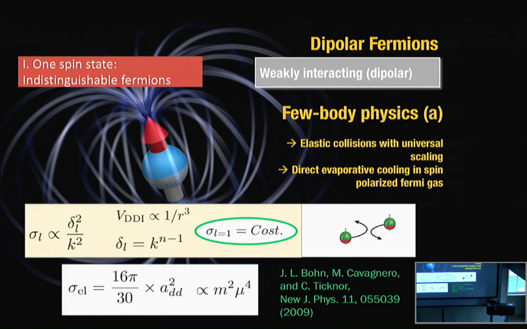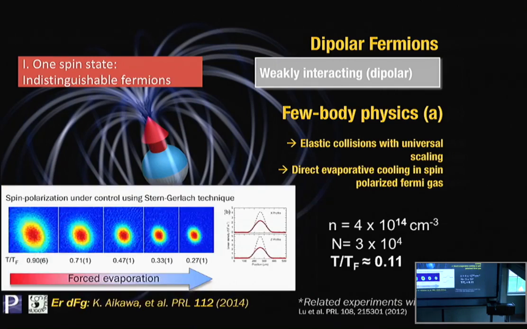So we used this idea, and based on this, we actually demonstrated that the rate we get only due to dipolar interaction between identical fermions is large enough to be very efficient in evaporative cooling. Okay? We don't need any other interaction. And so we could produce in a very straightforward way, just by evaporative cooling via dipolar scattering, a very cold Fermi gas